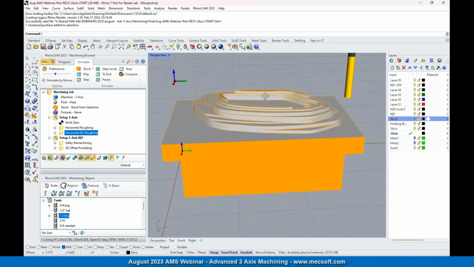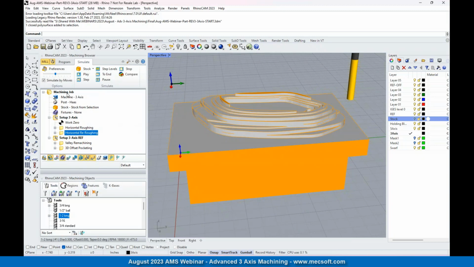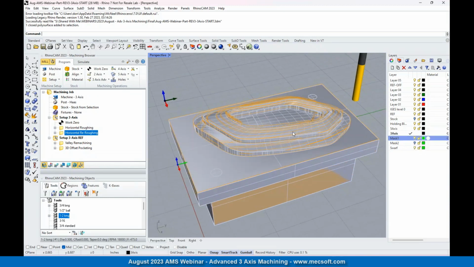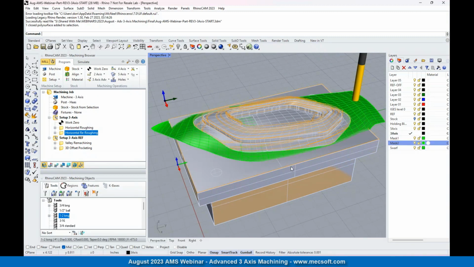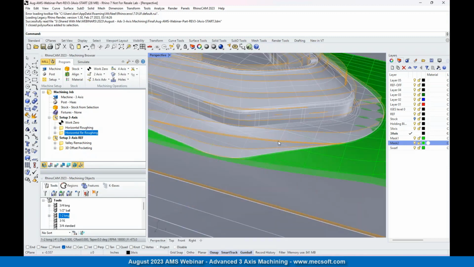Let's see what that looks like. So it got some more material off there. We'll run with that. Okay, so our next operation, I do have two layers over here that I want to draw your attention to, mask 1 and mask 2. Mask 1 fills in these two holes right here, and mask 2 actually adds an untrimmed version of this